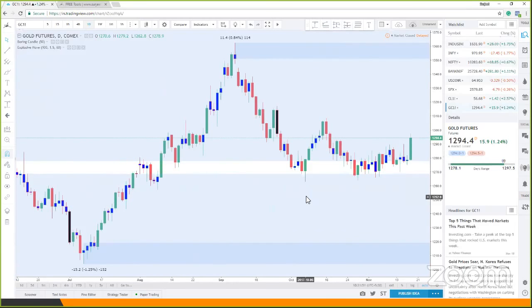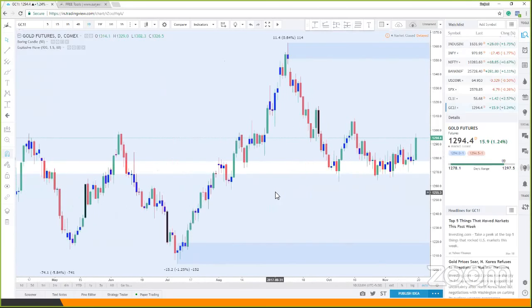When we start looking for demand areas and supply areas, we want to look for areas where we have a lot of strength. These black candles help us identify candles which show strength much more than the average candle size. Can you see the size of this candle compared to the average candle size? These black candles show moves much stronger than the average candle size, and we use that in conjunction with other things to identify where our levels of demand and supply can be. So that is what those black candles are all about.